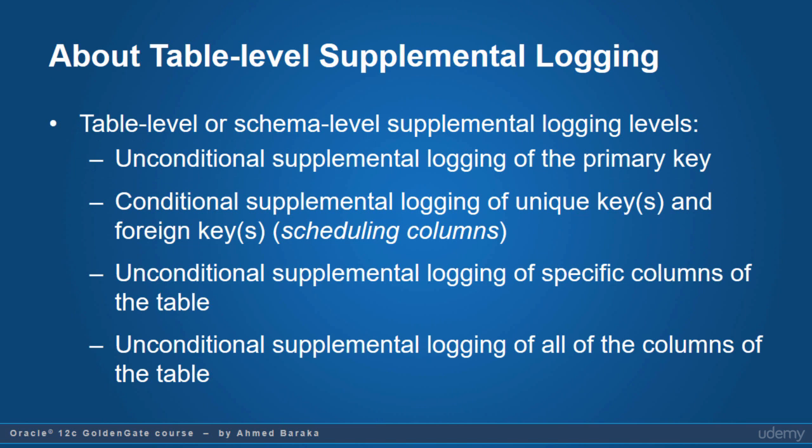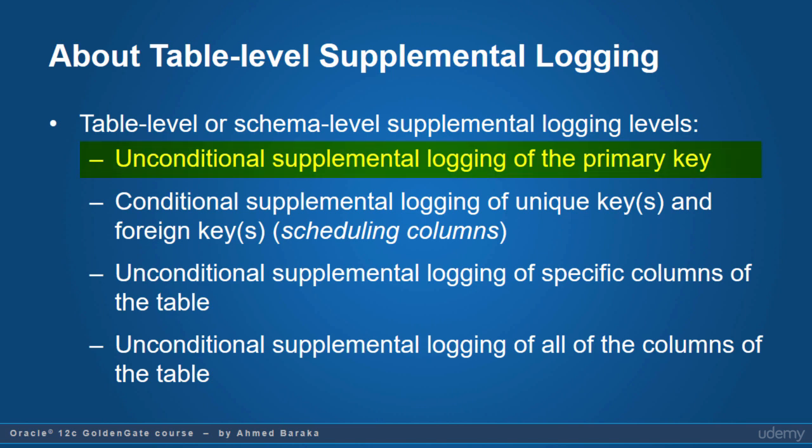To configure Oracle Golden Gate, you need to enable table-level supplemental logging. But before showing you how to do that, let's see first what table-level supplemental logging is. Table-level supplemental logging enables you to control what information should be supplemented in the logging data. Basically, for each table, you can configure table-level supplemental logging at the following levels: